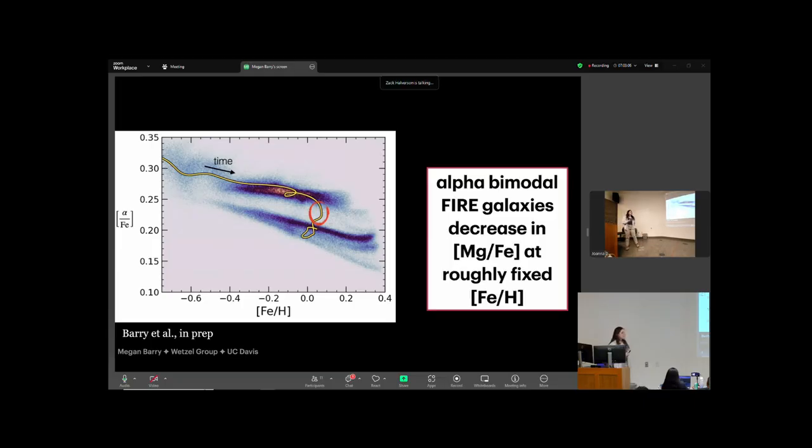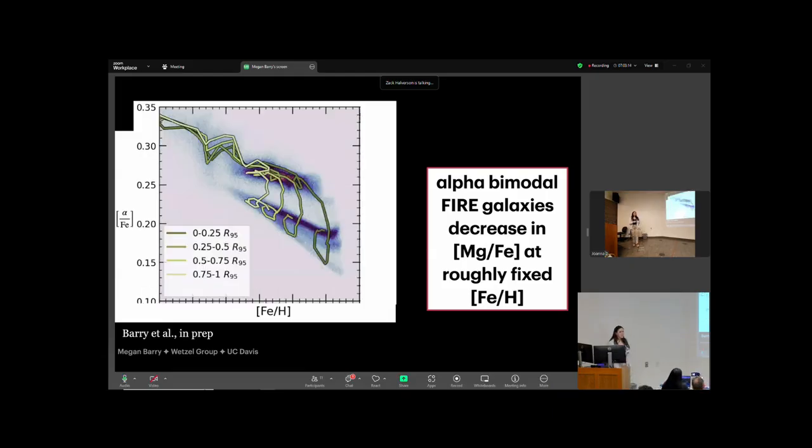So we can say all of these galaxies go straight down in alpha at fixed iron. And a little more insight into that is if we bin these stars by their distance from the center of the galaxy, you can see this dark green is closest to the galaxy, this light green is the outskirts. You can see that this probably has something to do with the onset of the disk and the radial gradient,